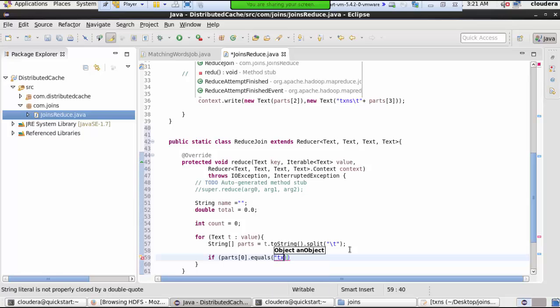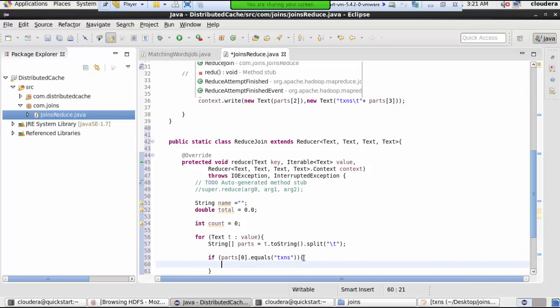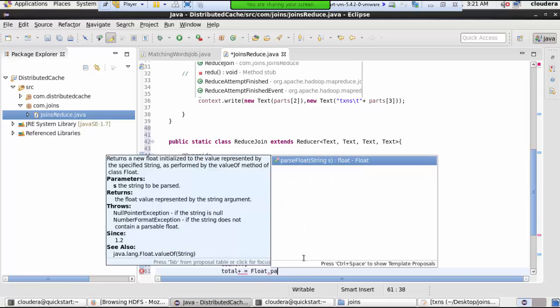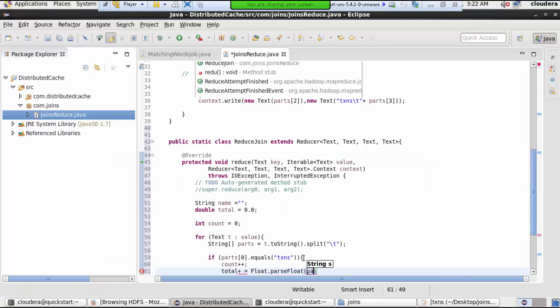If it is equal to transactions, right, so if you see, this is the word I put, transactions, then it should enter this condition, and what it shall do is count plus plus, and it should increase the total equal to Float dot parseFloat of parts 1,